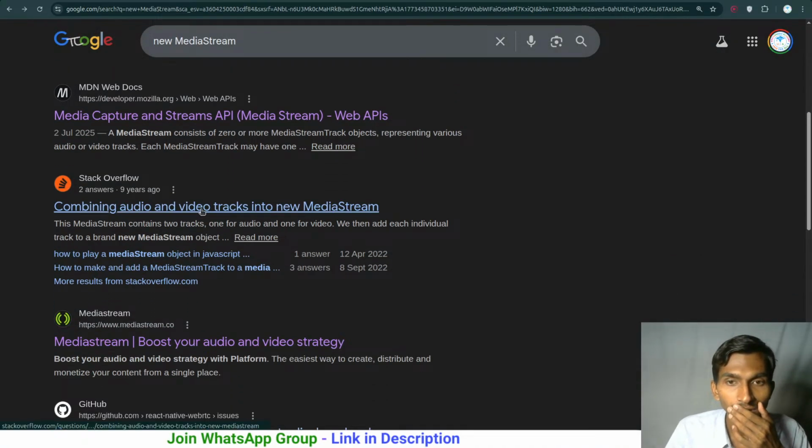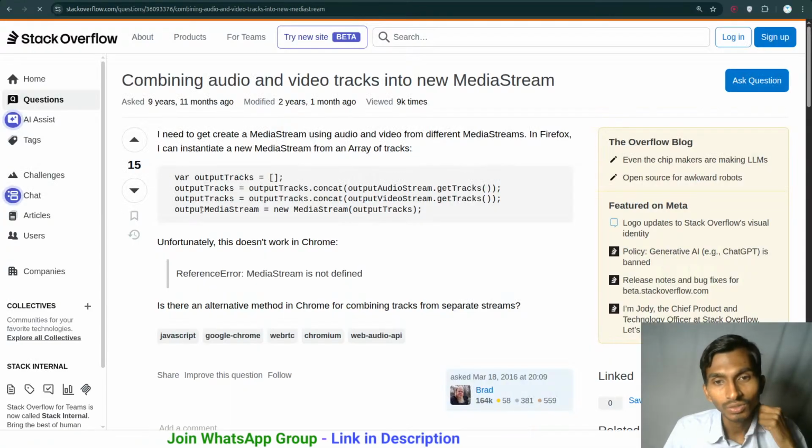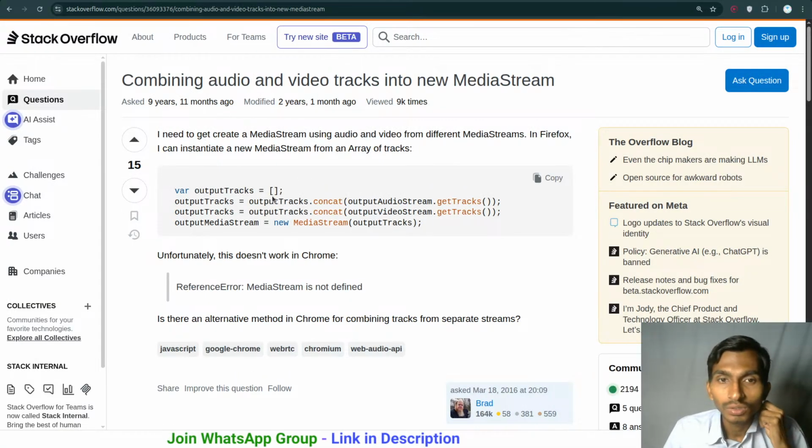Capturing audio and video tracks into new media stream. Yeah, let's check this thing out. So output audio stream, media stream, output tracks. So output tracks concat audio stream get tracks. Audio stream, video stream get tracks. So ultimately it is getting the tracks. It is just simply concating to this particular array, and this particular output track is